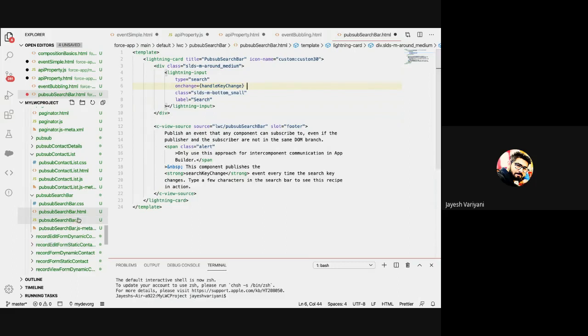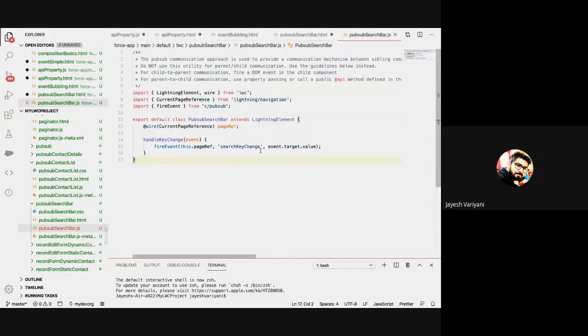Let us open this JS. Now, what is handleKeyChange doing? It is firing an event. This fireEvent method is coming from our utility called c/pubsub. This utility we have imported, and fireEvent is a method of that PubSub utility.